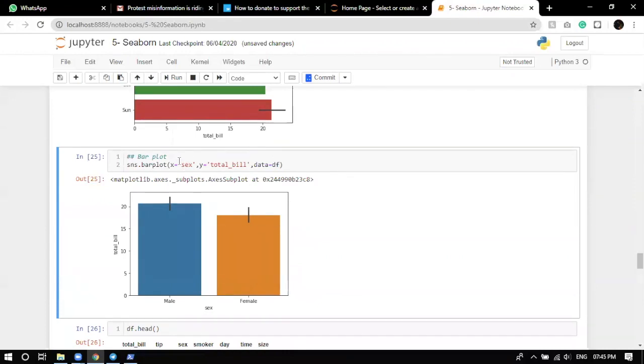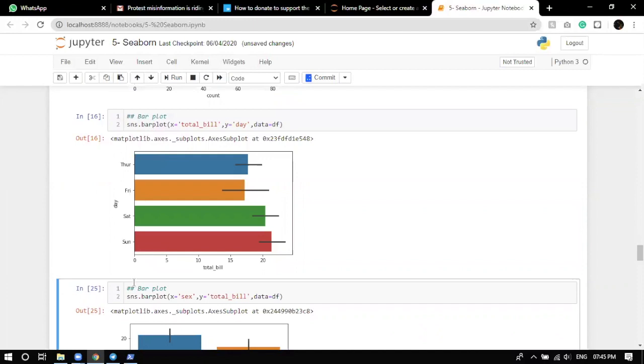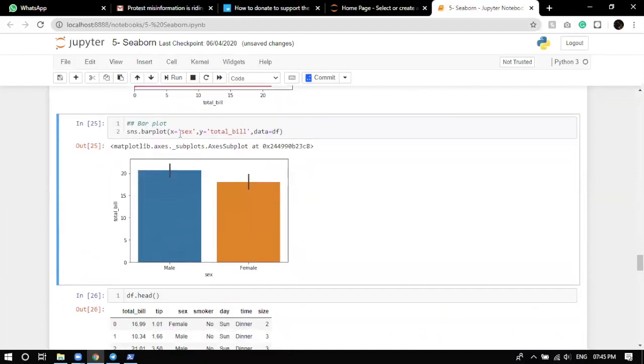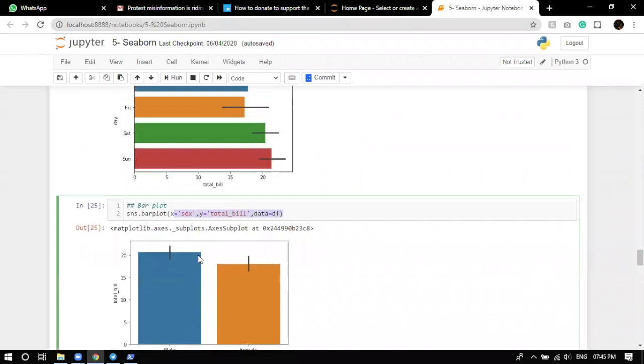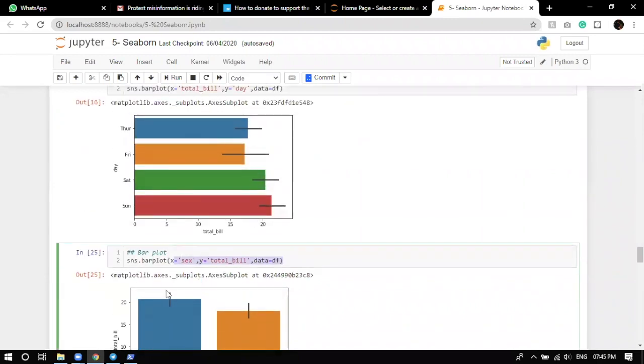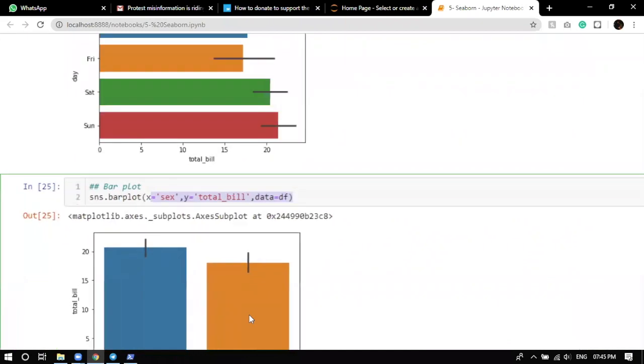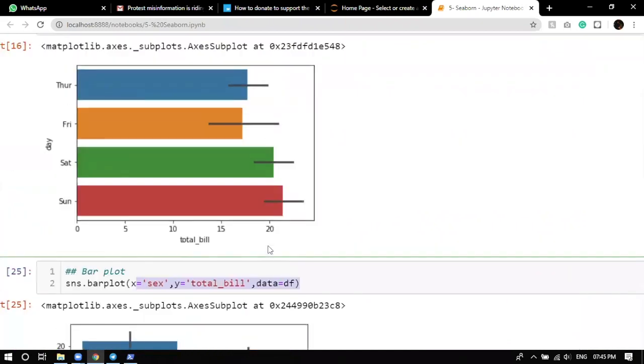Now, if you don't want the categorical value to be on the vertical side, you can give the categorical value on the x-axis. The same thing will be there, but the categorical value will be on the horizontal side, and the bars will be vertical. Now you can see one thing on Seaborn bar plots: you can see these small lines here, in all the bar plots.